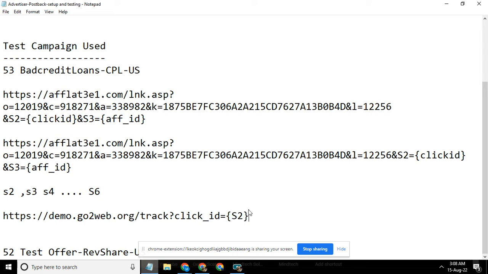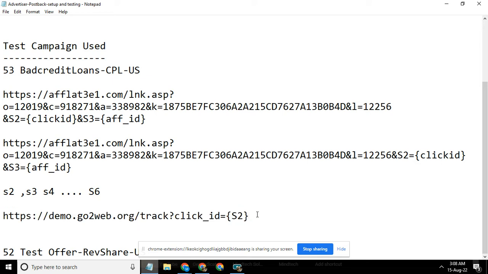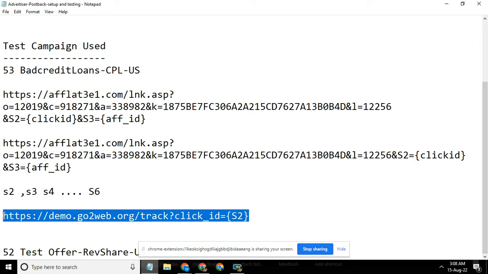Okay, we'll do it like this, because he is taking whatever click id we are sending from here, that is going into s2. So he will put it here, and he will place the pixel. Once he places the pixel. Okay, sorry, not pixel, this is postback. So once he places the postback, then after that he will,